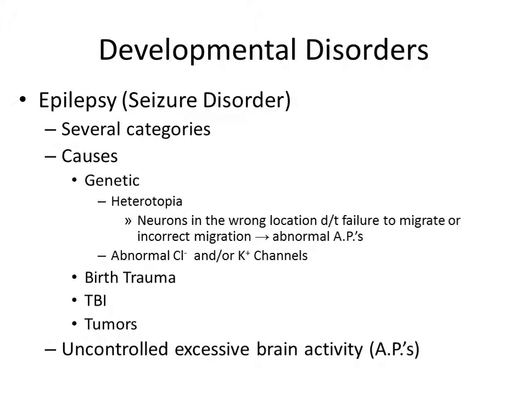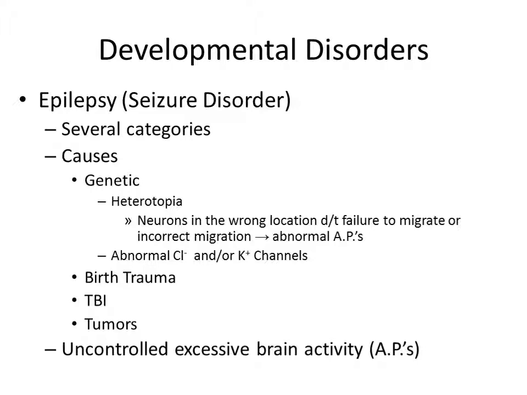Epilepsy is a form of seizure disorder. There are several different categories of epilepsy. Causes include genetics, birth trauma, traumatic brain injury, that's TBI, or tumors. Under genetics, you can have heterotopia, and that means that neurons are in the wrong location, they're not where they're supposed to be, and this seems to be due to failure to migrate or to migrate incorrectly